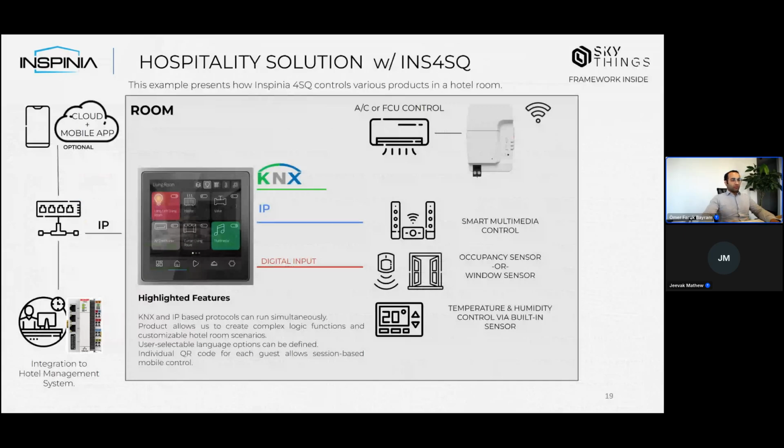Yes, hospitality solution. This is just a sample. We can extend these examples: multimedia system, temperature control system and HVAC control system. Like we said, there is one additional port we can put on here. An INAS bus module to control INAS panel modules, or we can put a VRV add-on on this port. For example, we have VRV as one of our supported brands. When we put these brands' add-on on this port, this 4-inch touch panel will be able